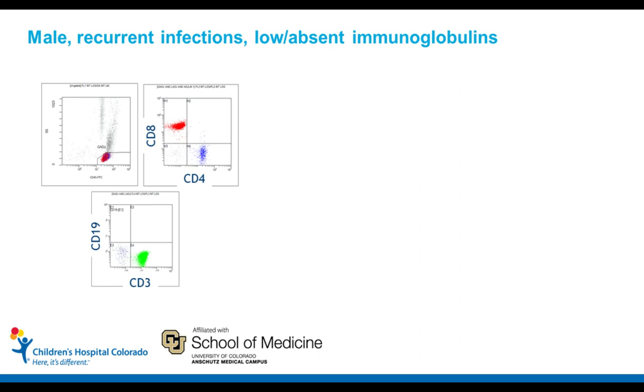So let's take a look at some of the prototypic defects in B cell development. Now, this is a case of a male with recurrent infections, who had low or absent immunoglobulins in the periphery. Flow cytometry analysis was conducted on a peripheral blood sample. And as we see in the flow cytometry plot, we can identify lymphocytes in red on the upper left-hand side of the screen. Both CD4 shown in blue and CD8 shown in red are present. However, when we look at the plot below, we see adequate numbers of CD3 T cells in green,